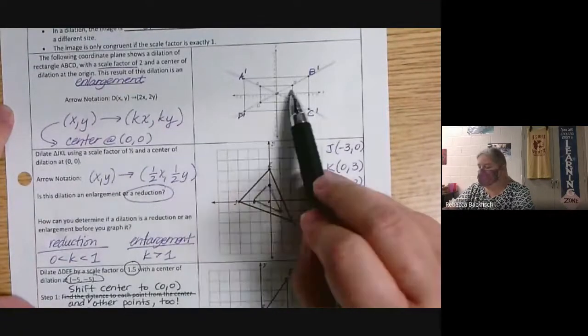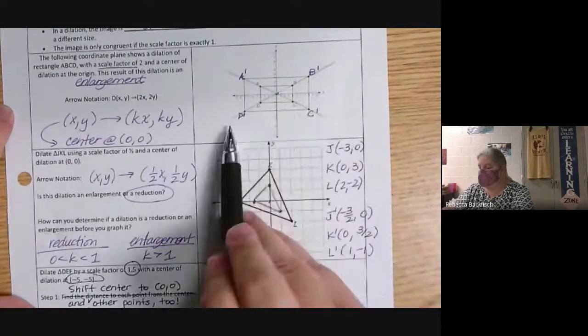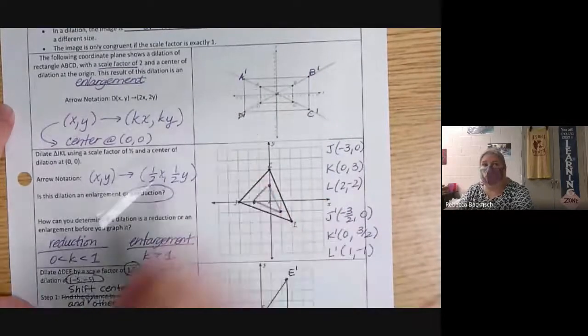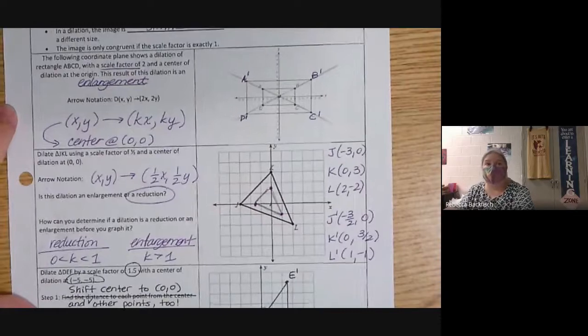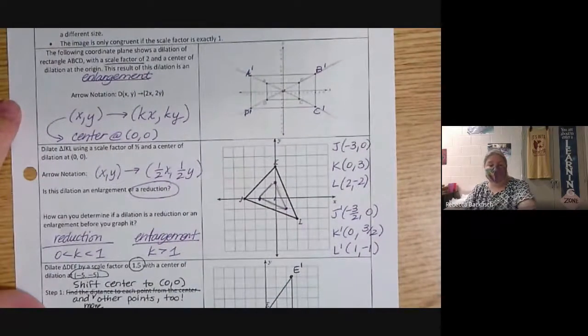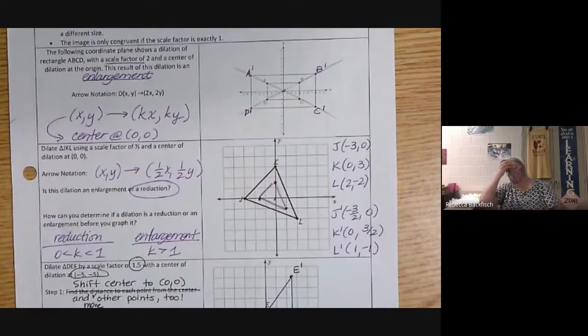If you connected B and B prime, connected C and C prime, connected D and D prime, connected A and A prime, those segments that connect those will always go through the center of dilation. And that's pretty much it for what's on your homework. Now remember,